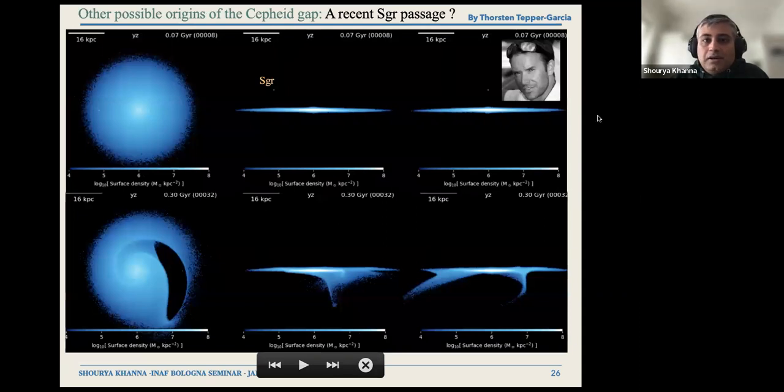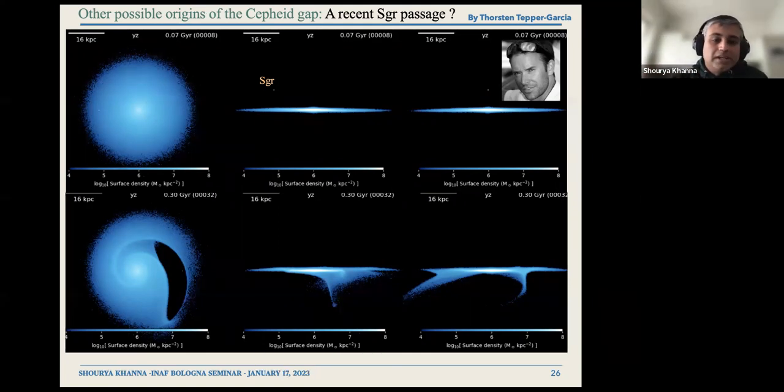Just very finally, are there any other possible origins of the gap? So far I was just concentrating on the resonances, but of course our galaxy is not isolated. And so you can also think of what might be happening if, say, a strong interaction between the Sagittarius dwarf galaxy and the Milky Way takes place. Of course, we know such a stream exists, so it's interesting to see what sort of interactions that causes in